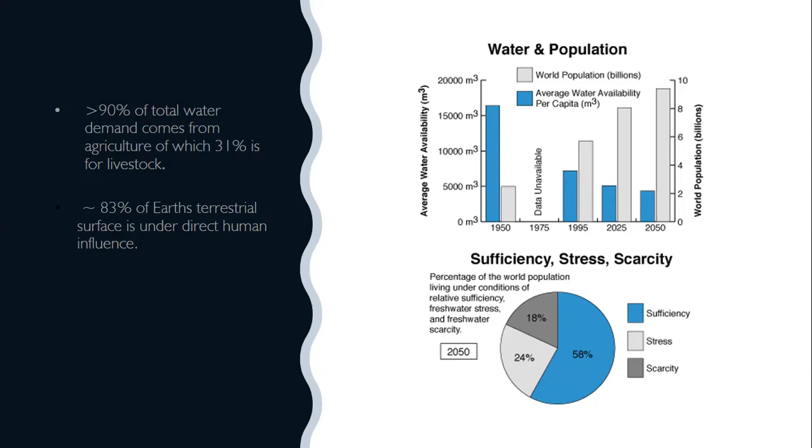And land also contributes a lot to agricultural production, and it's influenced mainly by humans to the extent of 83%, and this is mainly towards agriculture. These two resources are key in providing agricultural